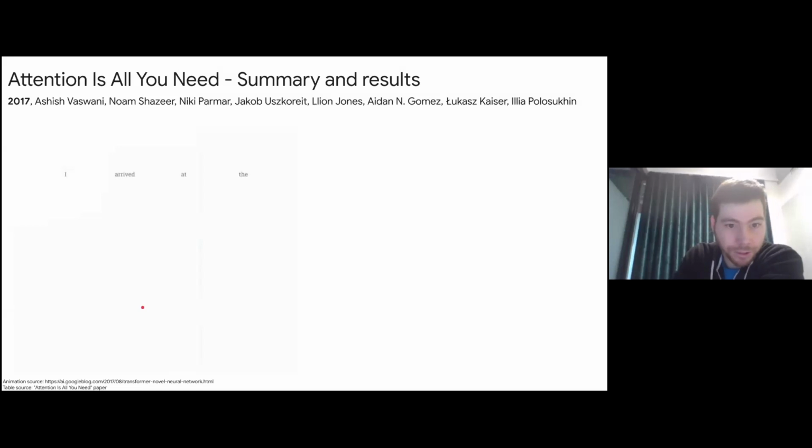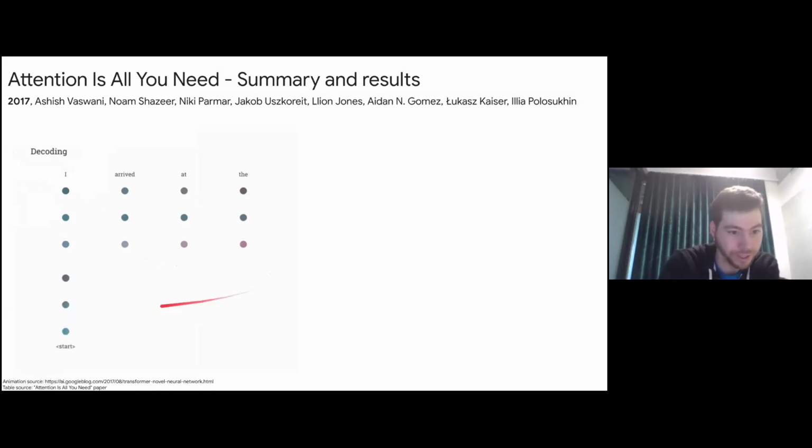I'm going to go quickly over this. This is a summary GIF from the original transformer blog post, which I think is quite nice. So this is the encoder. Everything attends to everything and creates higher and higher level representations. Now the decoder starts with nothing. This is the cross attention to the encoder states, and then it samples the first word. Then self-attention first to what's generated so far, cross attention to all the encoder states, and generate the next word, and so on. So this is test time generation that is shown here. Okay, I like this animation.